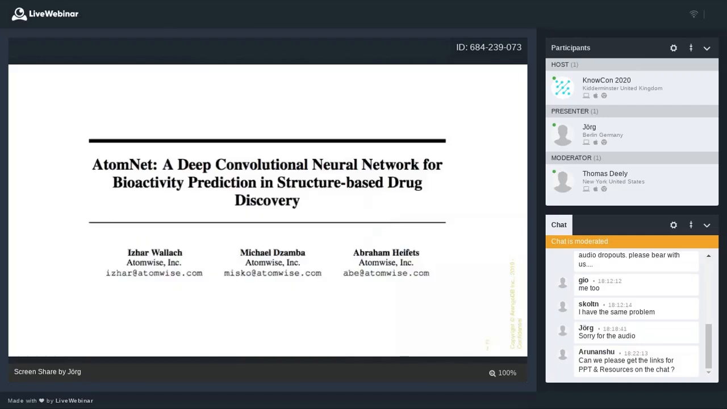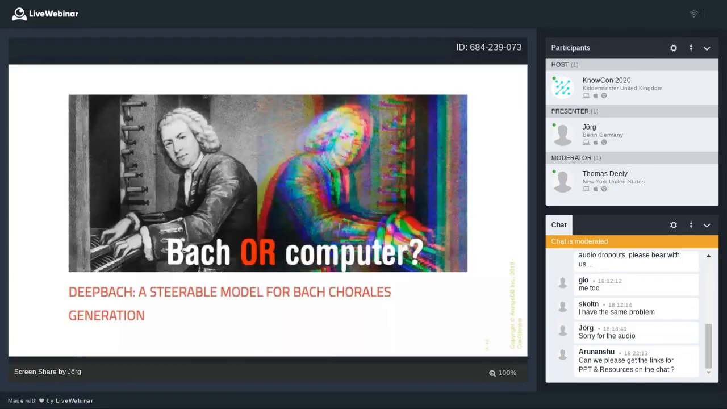And with that, we can do things for drug discovery. There are also newer papers which actually leverage deep graph networks for that. There is DeepBach, which is like a composing neural network, and just listening to that,